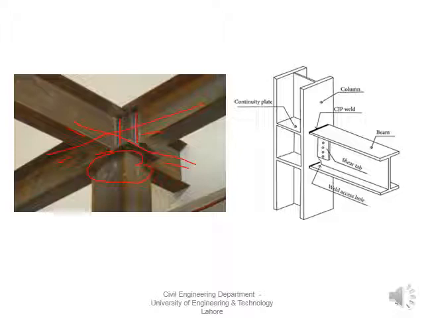So with the help of weld, your cross connection is provided and your beams are going to be connected with the column. So your column, the end of the column, is also going to be provided with an extra dimensional plate, and on that particular plate the beams are welded to provide the knee connection or the knee joint. It is also another figure in which you can see again the beam has discontinued.